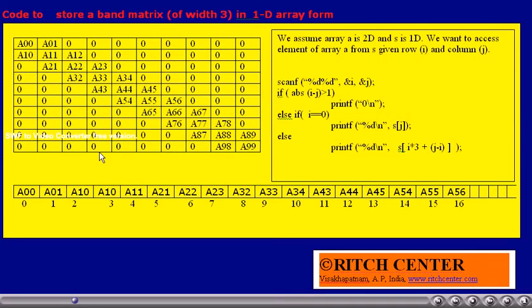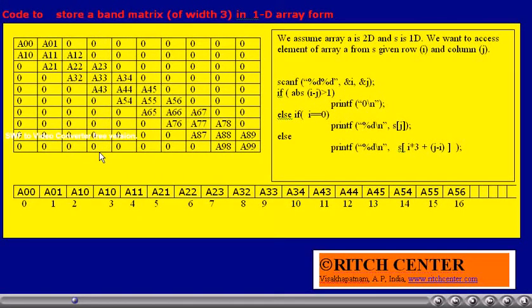Let us assume that we have the band matrix element values of bandwidth 3 available in the 1D array, and we want to print the ith row, jth column element from this array. That is, the user will be given the row and column index of the element which he wants. We are interested to read that one from the 1D array and print it.